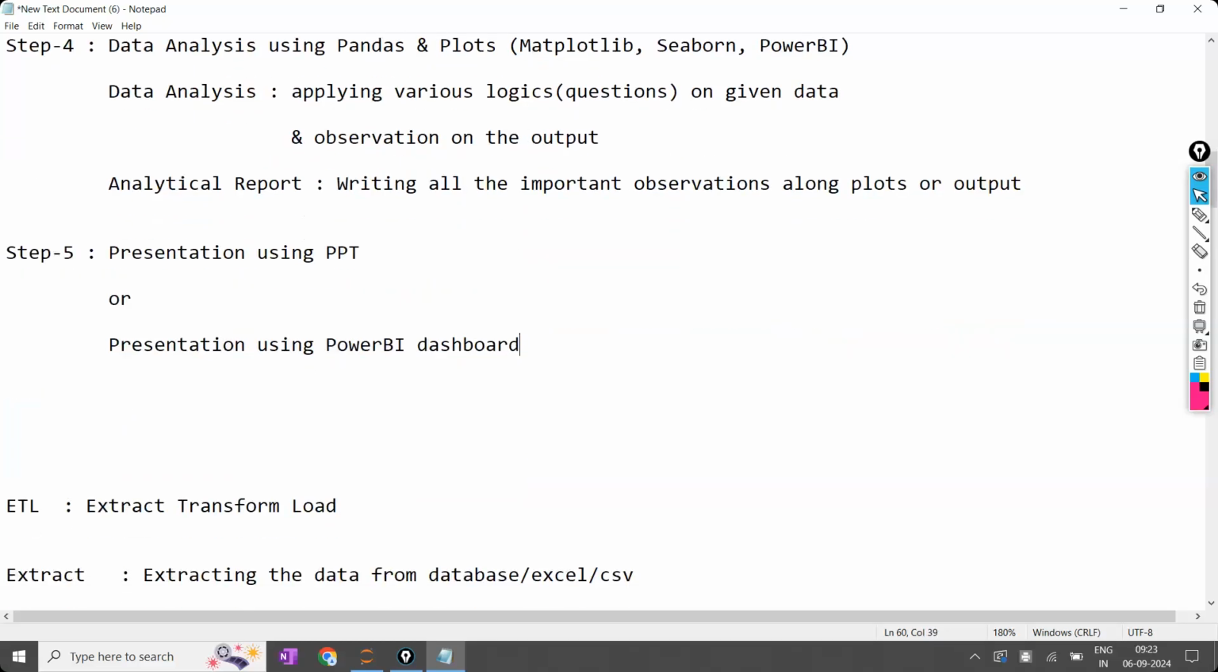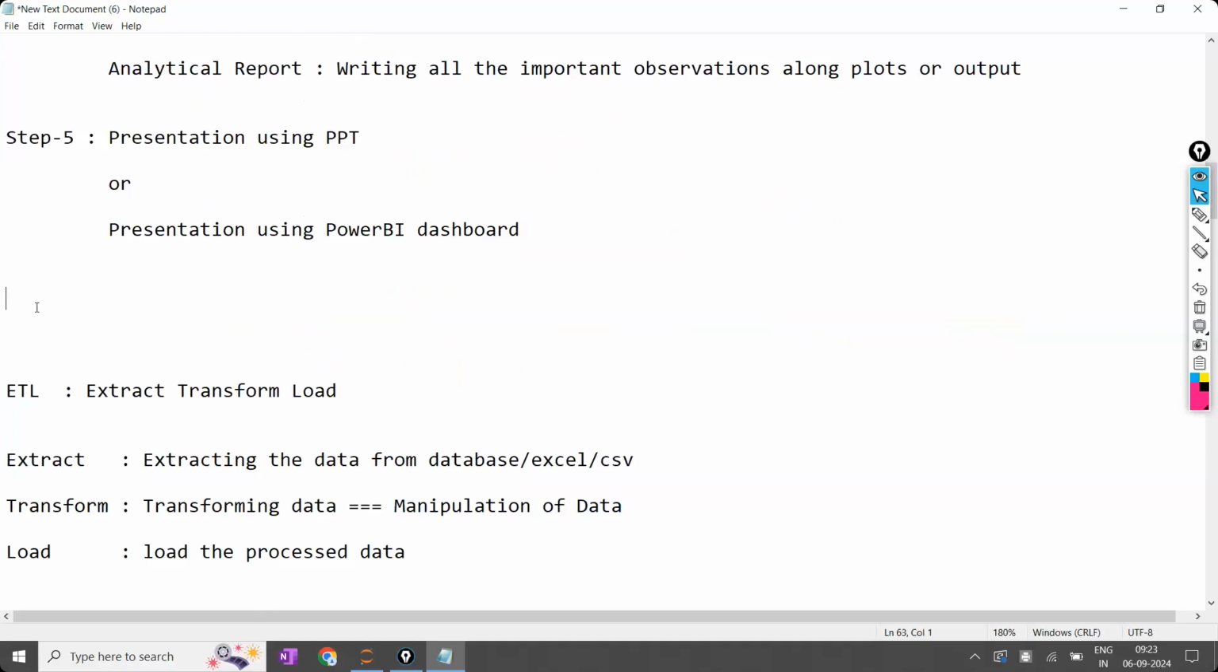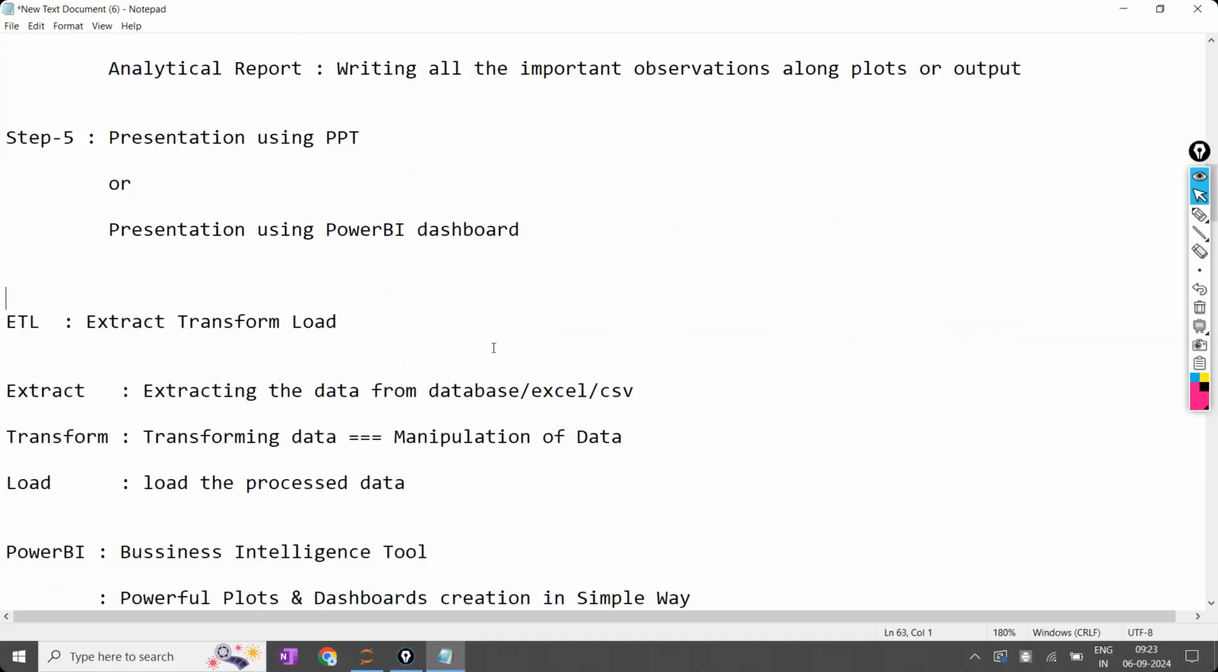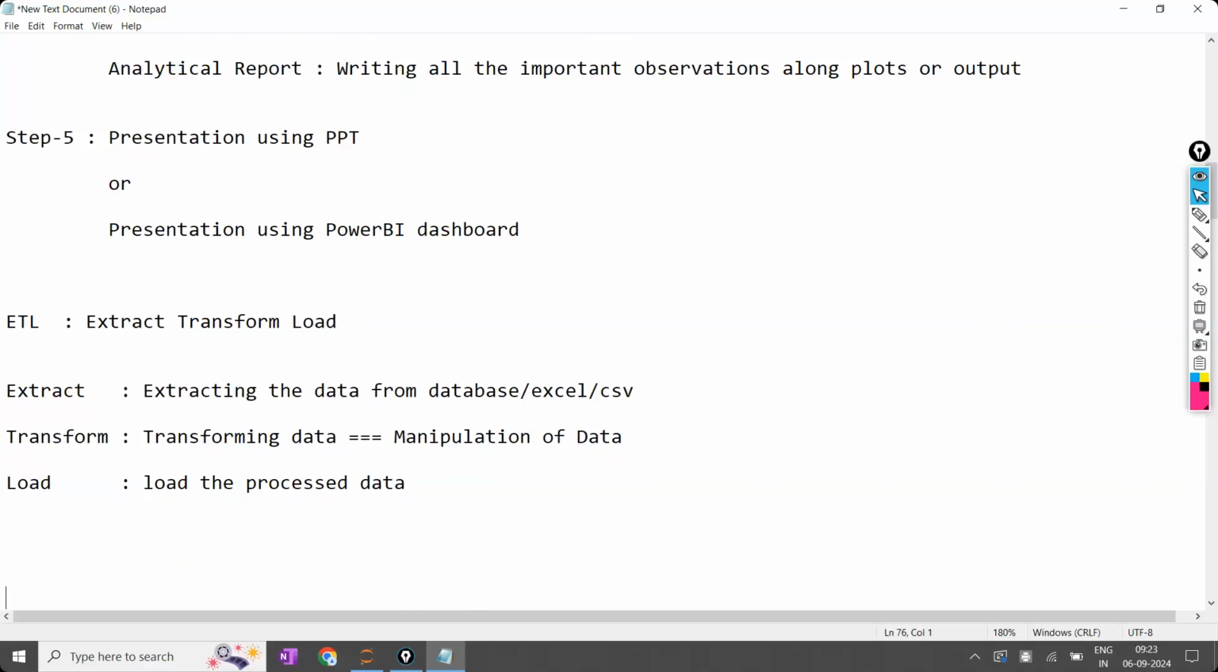So now here we are going to extract, transform and load. We are going to extract the data from the database. We are going to transform the data. Transform is nothing but manipulating the data. And finally, we are going to load the processed data. First we extract the data from the database; for that we require SQL, and for transformation and manipulation